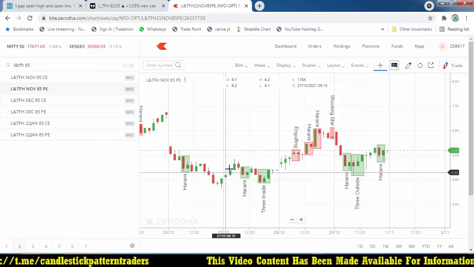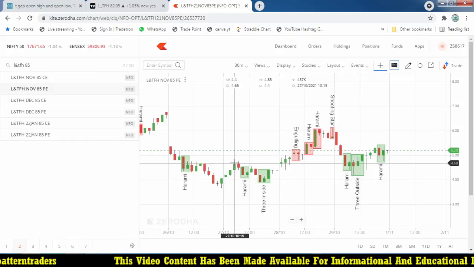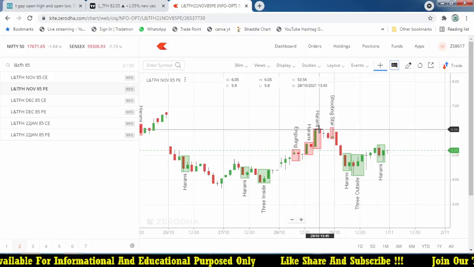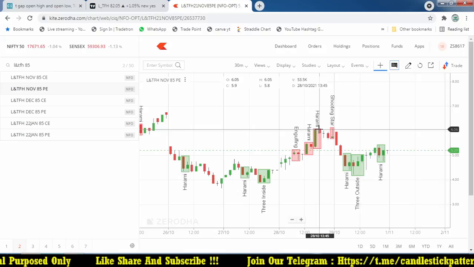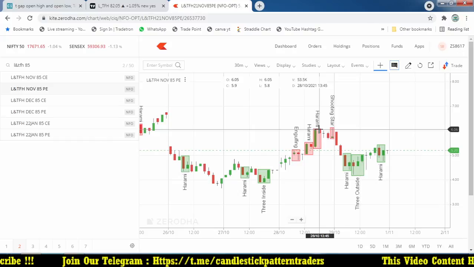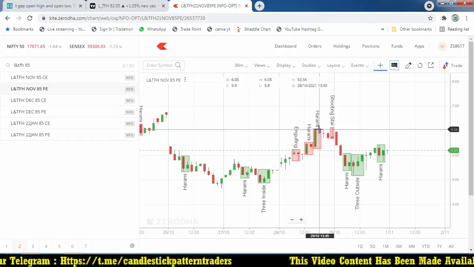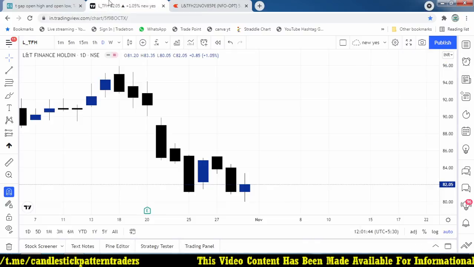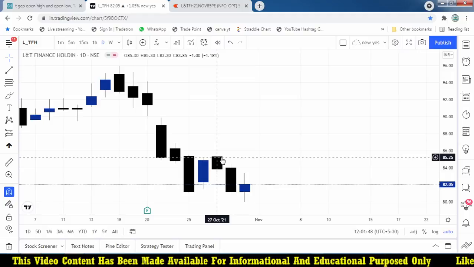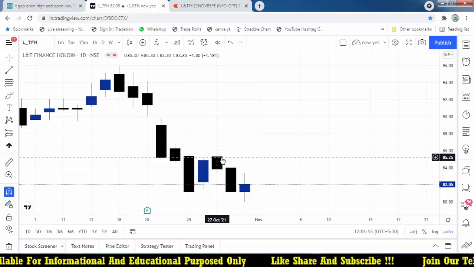From that 4 rupees 20 paisa, it went up to 4.65, and after that it moved towards 6 rupees. But the stop loss was still not triggered, so that gave you a good profit on that particular trade. So this is the way we can simply use a method which gives good information about the market. This system works great. If you use this, you can get some good opportunities.